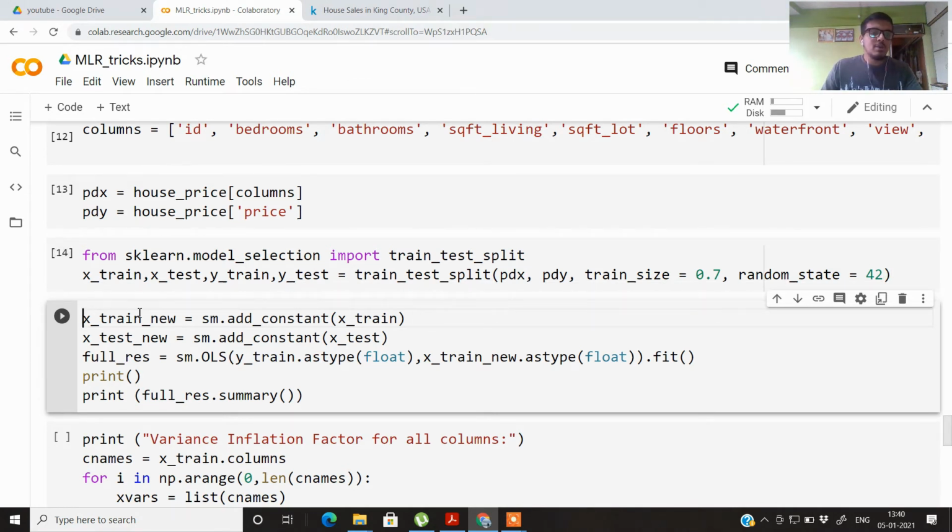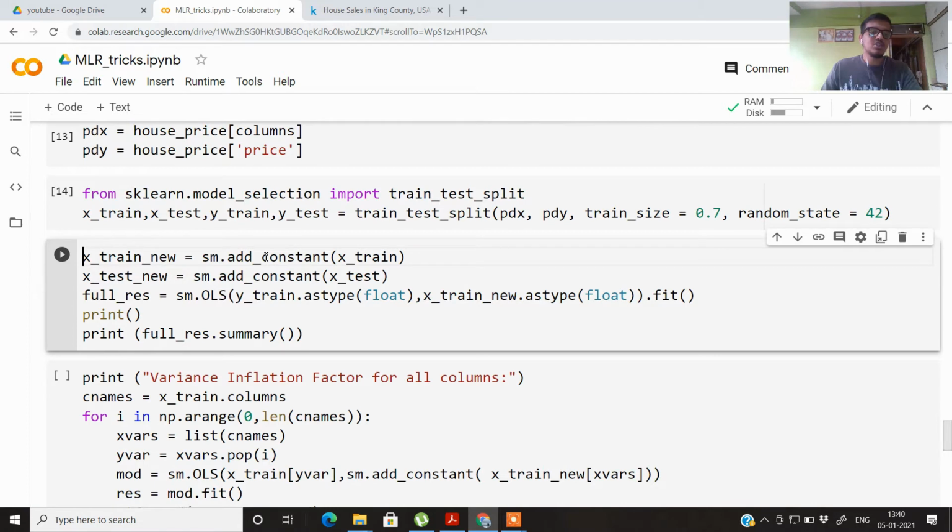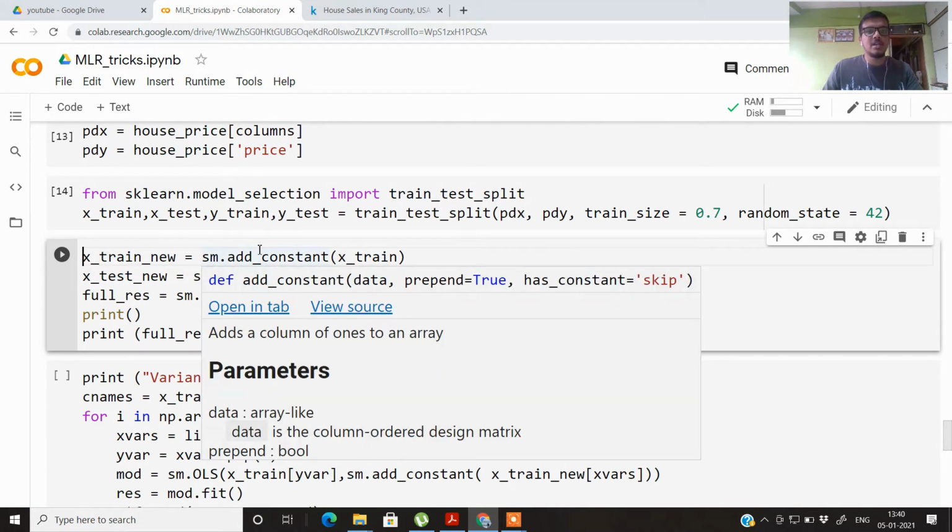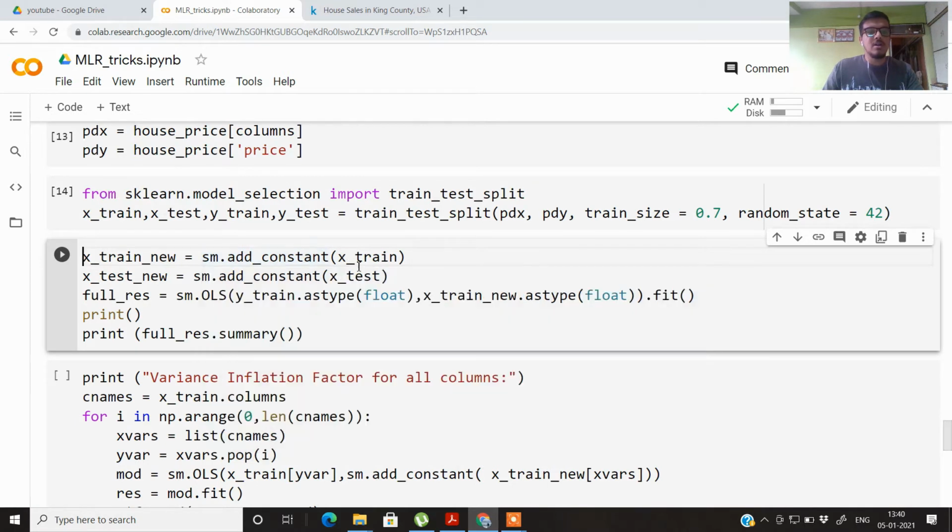Now what we'll be doing is adding a constant to both the xtrain and the xtest, because it is the beta 0 term in the multiple linear regression model. If you are familiar with regression, the formula of regression is y is equal to mx plus c, or y is equal to beta 0 plus beta 1 x1 plus beta 2 x2, and so on.